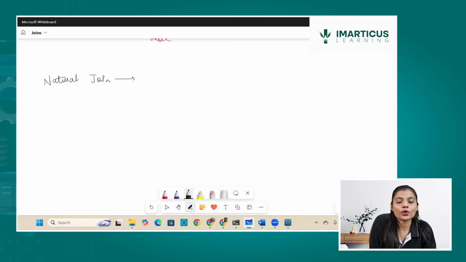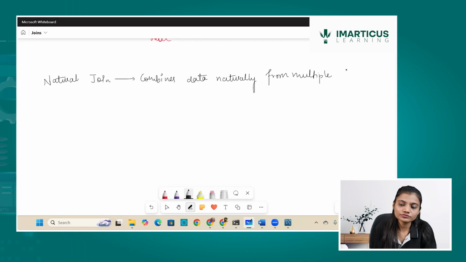So natural join combines data naturally from multiple tables without any joining condition.